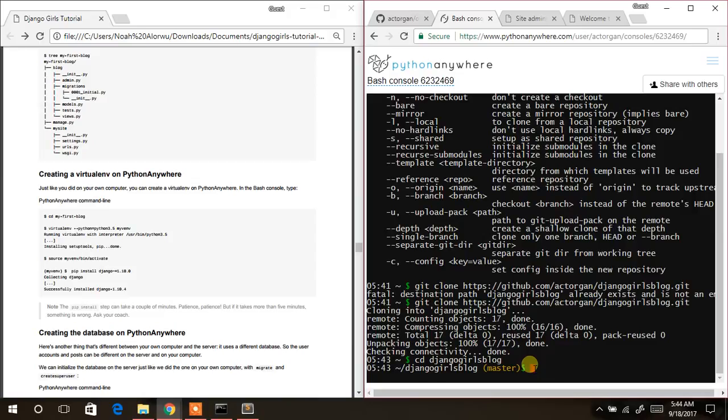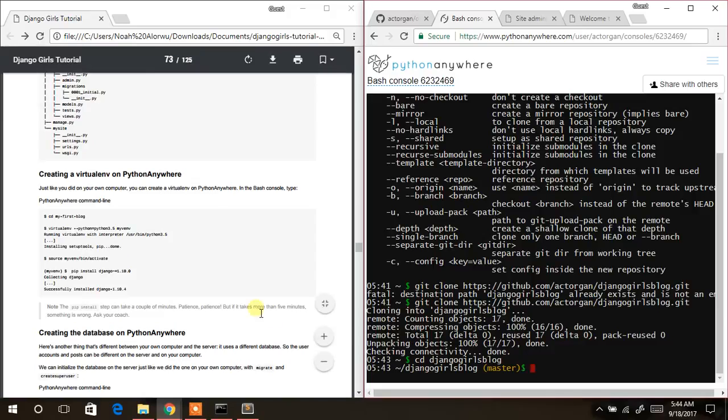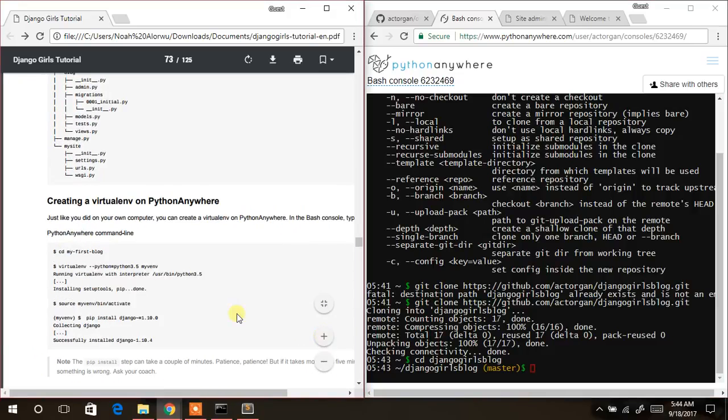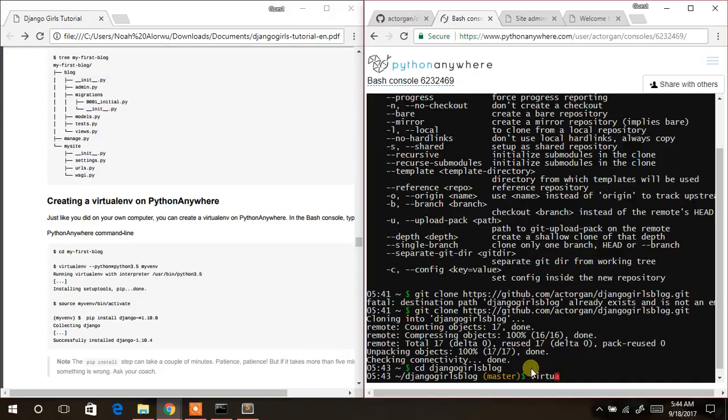So this is actually a Linux command. You realize that installing the virtual environment in Windows is quite different from what you are going to do over here. So we type in virtualenv --python. I'll click on this so that we can see it clearly. So I'll type that over there. Virtualenv --python equal to python